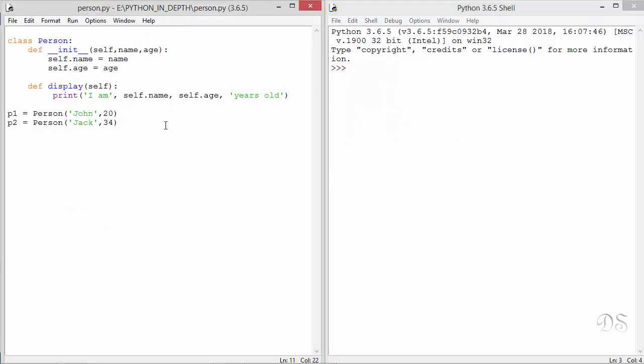Again, we take the same Person class here. I've deleted the class variables to keep it short and simple. We can create a new instance object of this class by providing name and age. There may be situations when we want to create instance objects of type Person from different types of data.